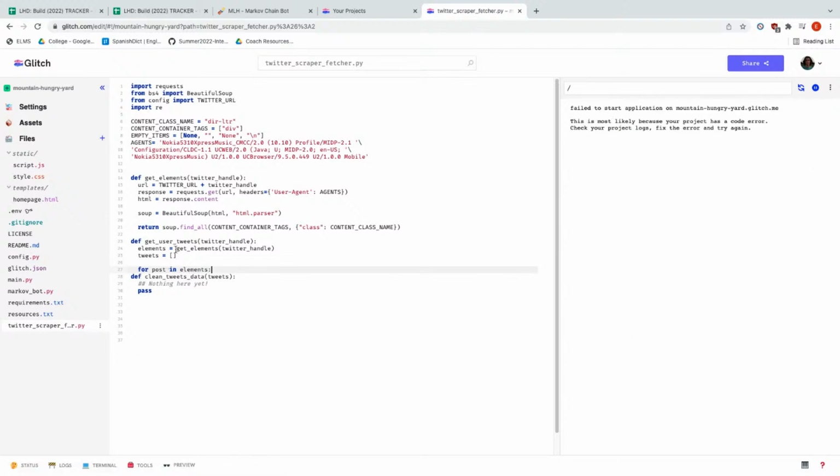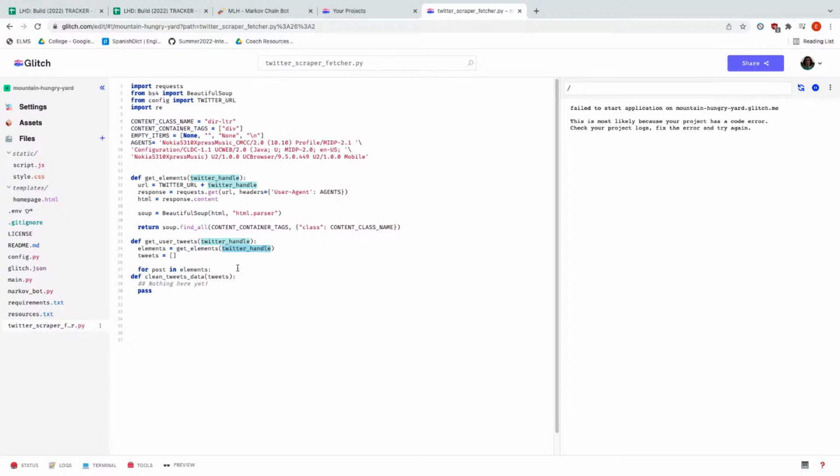Elements is an array of the elements that we got from the web scraping operation, right? By saying for post in elements, we're saying for all of the posts in elements. For example, elements is all of the tweets and all of the information of whoever's Twitter handle this is.